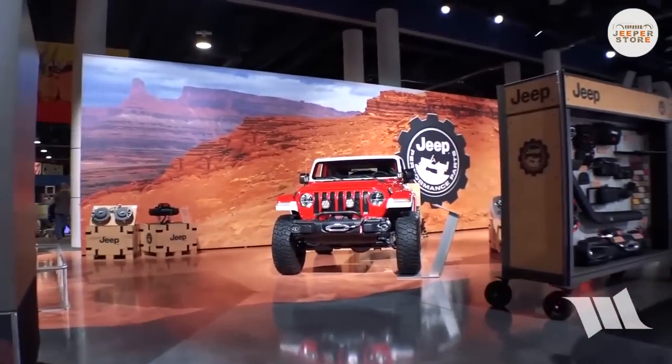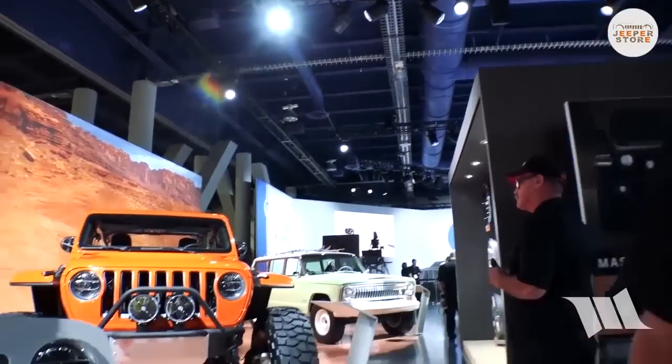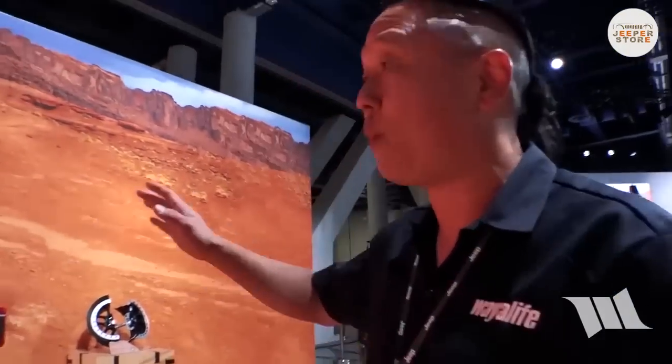Look, they got the Jeepster. We saw this at EJS. We knew we were going to see a sandstorm. I'm all excited. So for those of you who've seen some of our other videos, you know that we took this out with